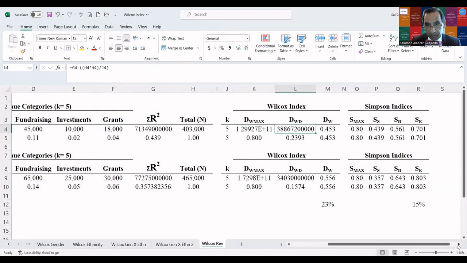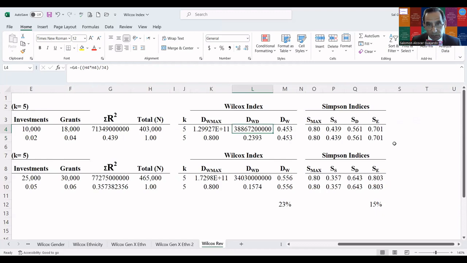To get the Wilcox concentration or similarity score, I take the small n squared or small r squared minus the total revenue squared divided by the number of categories. So in this case, it's going to be G4 minus H4 squared, so it's 403,000 times 403,000. I get that product and divide that by 5, which is the number of categories, K. So that gives me the